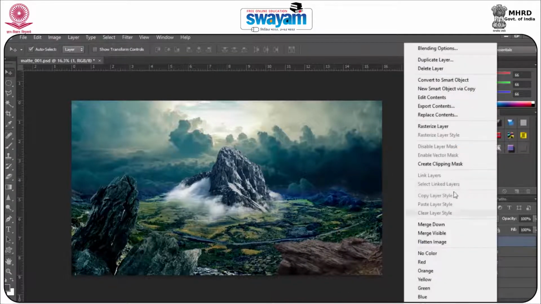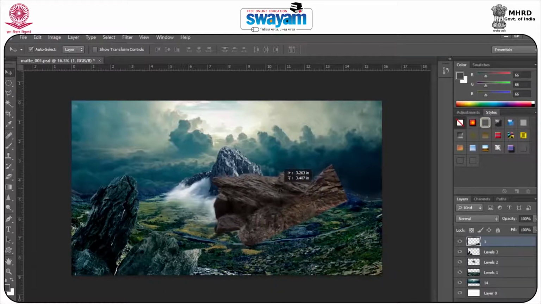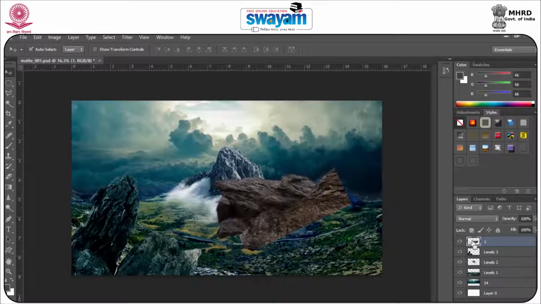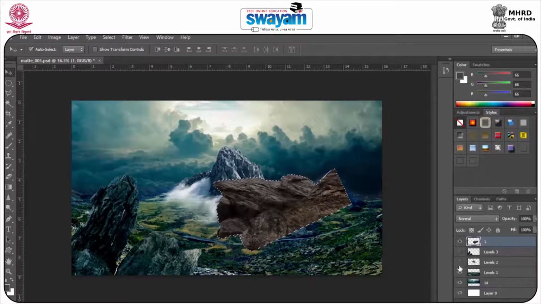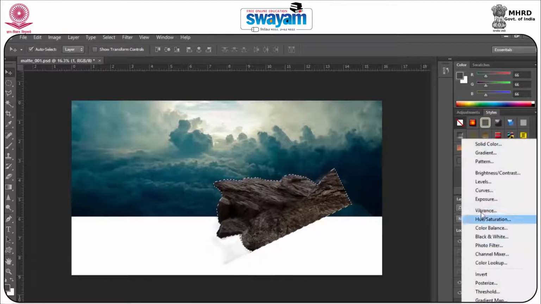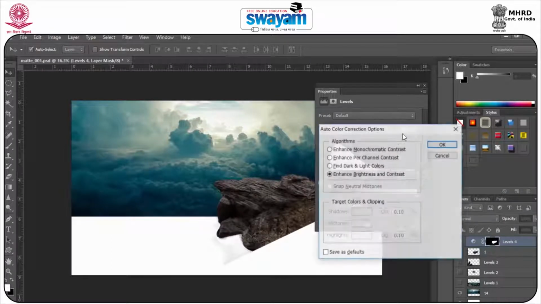Now what I will do, right click, rasterize layer, press Control and click over here. Control D, I just move it somewhere here. Okay, Control, press and go to the levels. But at first, turn them all off, and we'll go to the levels and press Alt, which is the same